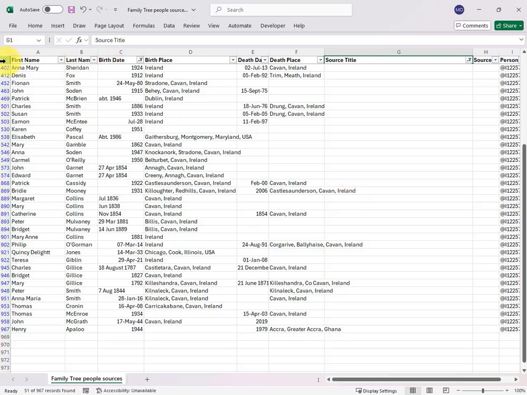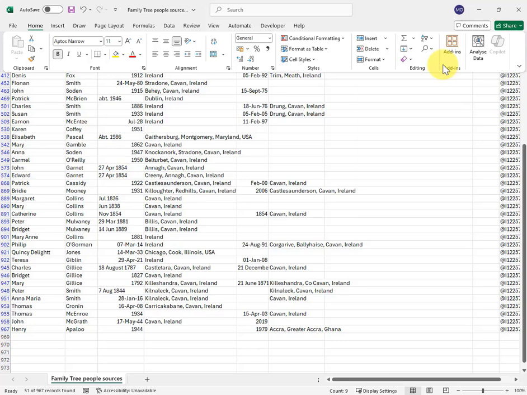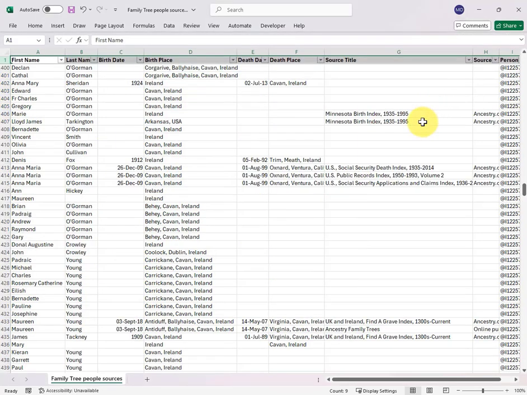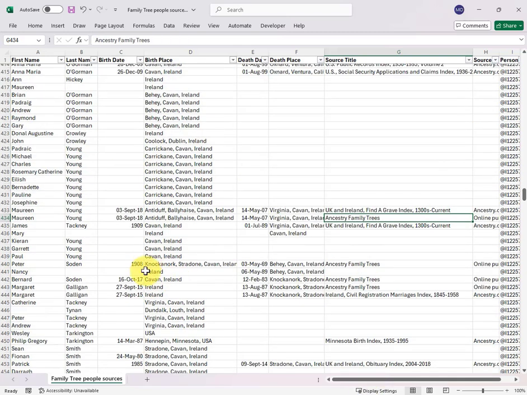So let me clear those filters. I'll show you another piece of interest. Take off the filter, and you see the source for Maureen Young there, Ancestry Family Trees. In the case of Maureen, I do have an entry from Find a Grave. Let me come down here to Bernard Soden. In Bernard's case, the only source that I have is from another Ancestry family tree, and I would always prefer